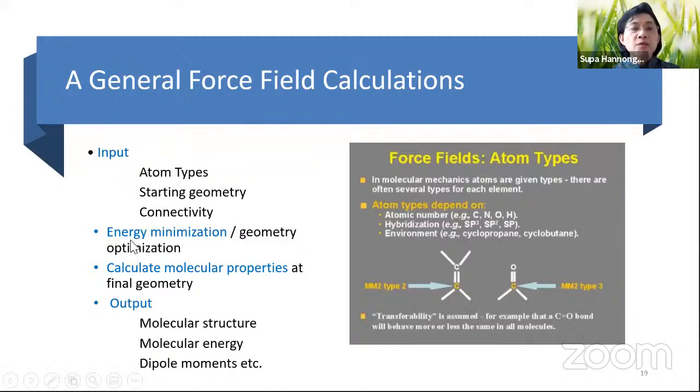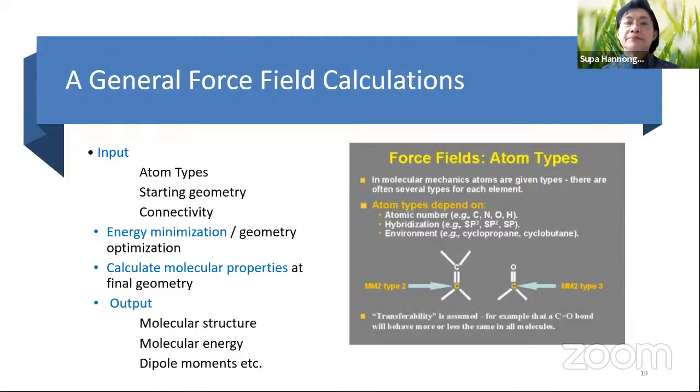And next, you can calculate the energy minimization with the program package. It will do it for you, and you can obtain the geometry that is already very stable, or we call it the optimized structure. And at the end, you can calculate molecular properties after you obtain the geometry, okay? Finally, you can have the molecular structure, molecular energy, and some properties. For example, you can have the dipole moment, which is quite important for